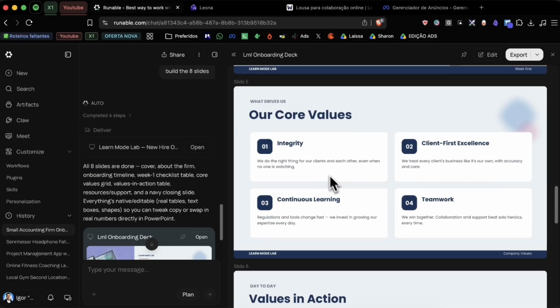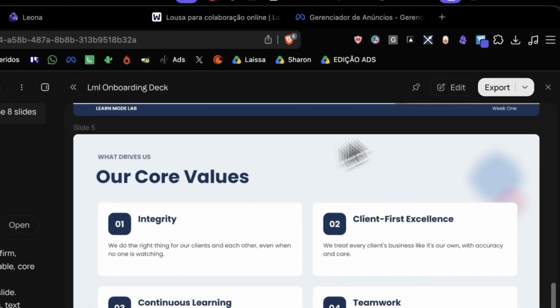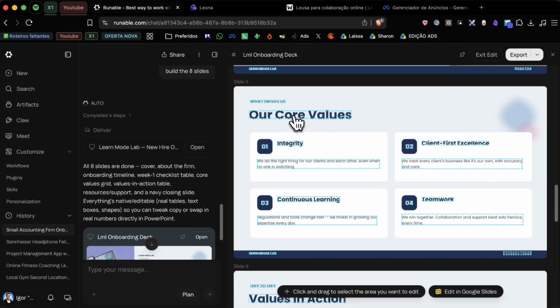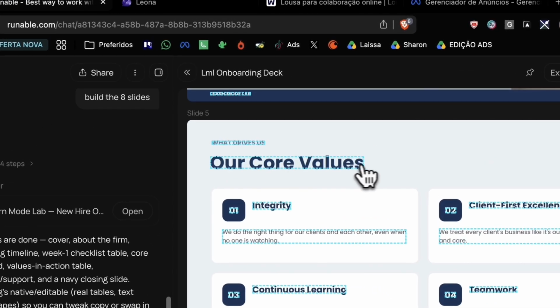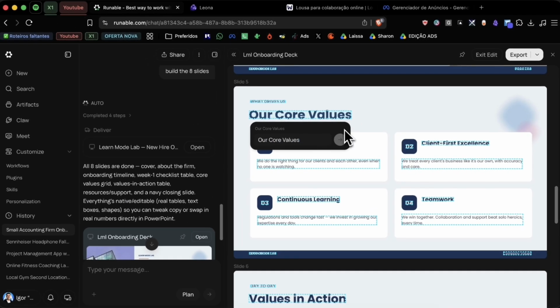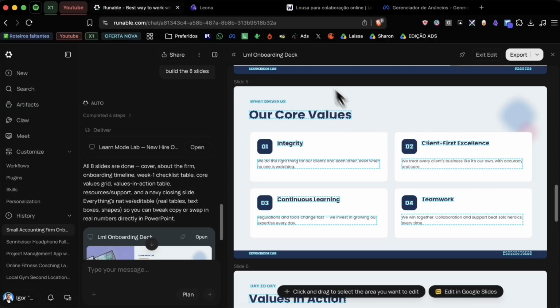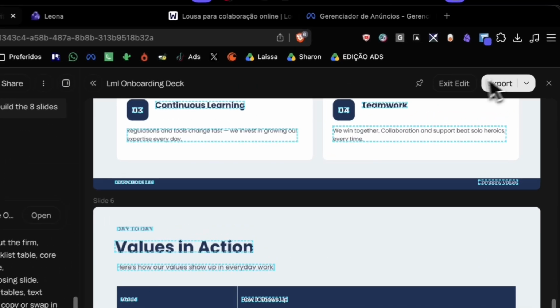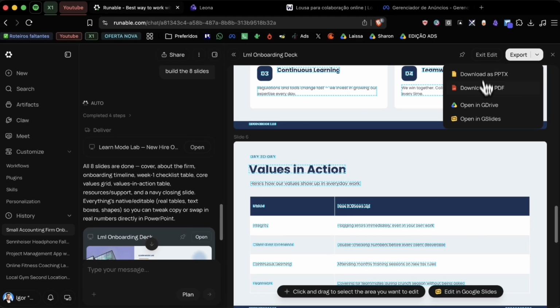Now here's where the Gamma alternative part really shines. First, because it's the HTML format, you get genuine direct editing control over your slides, not just regenerating and hoping. Second, you can bring your own template. If you've got an existing PowerPoint, Keynote, or OpenOffice file with your brand style, you upload it and Runable uses it as the design reference. Your content, your existing look. And third, when you're done, you export cleanly to PDF or a real PPTX PowerPoint file, so nothing's trapped inside